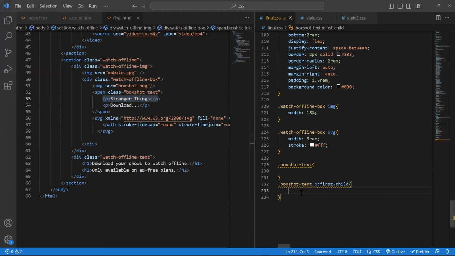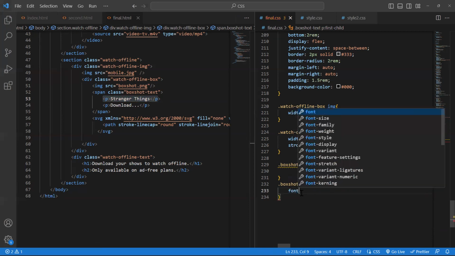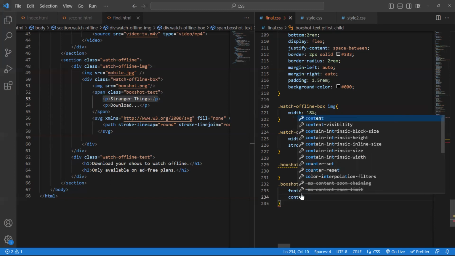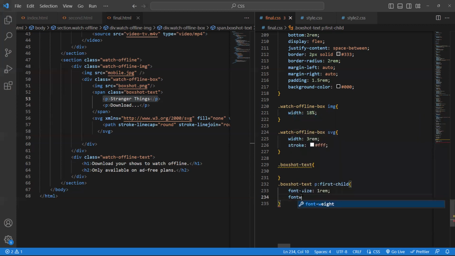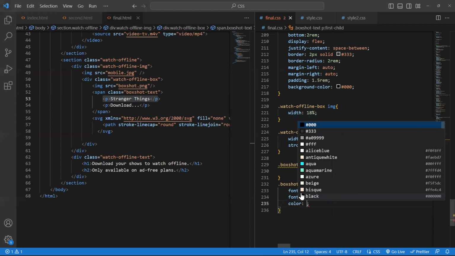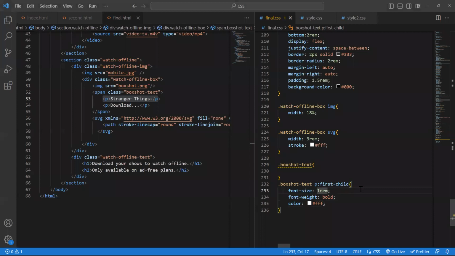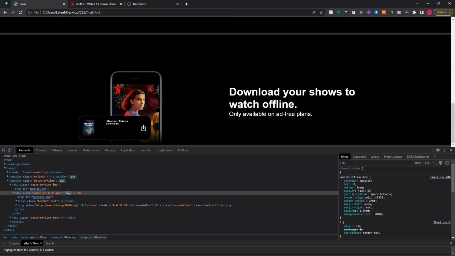So we can take this first paragraph and then give it a font size because that one is a little bit bigger. Can give it 10 pixel and then the font weight is bold and we can give it a color of white. So let's see what we have. Okay, it's still small, kind of. Let's give it maybe 1.5 or something. Okay. Then also we have